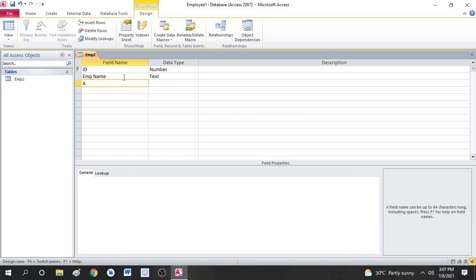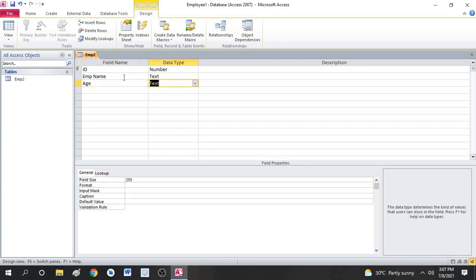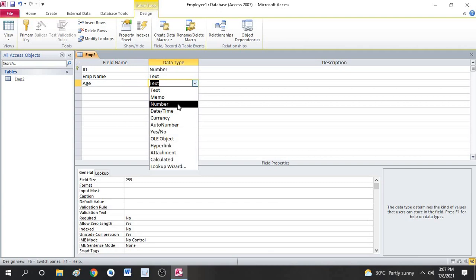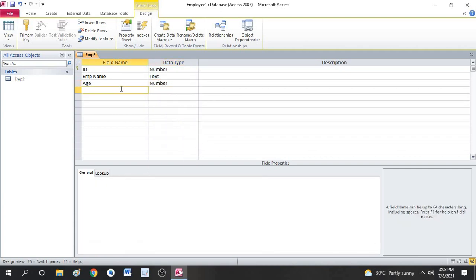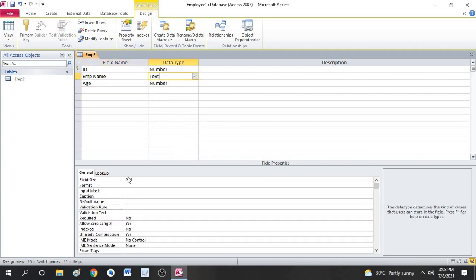Employee age. Let it be number. One more thing, if you take it as text, you also can give numbers there. The limitation is 255, where you can give any number, character, symbol or combination of these.